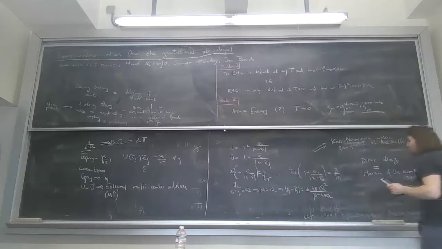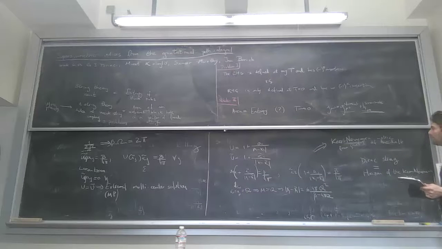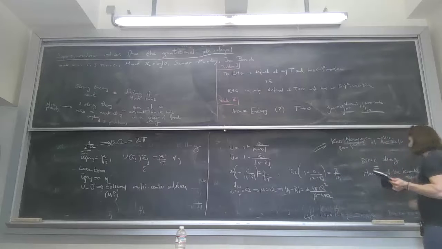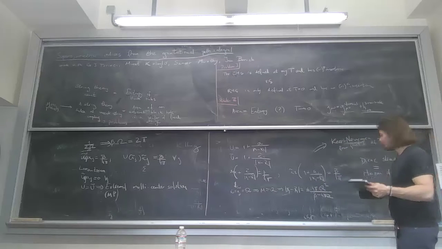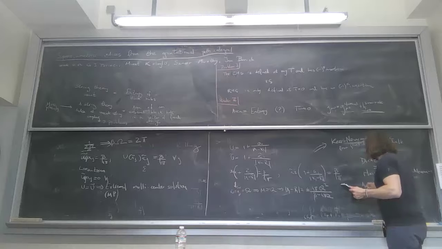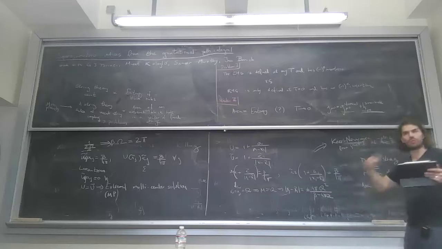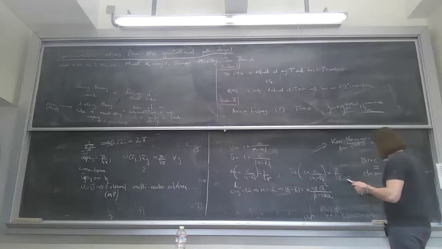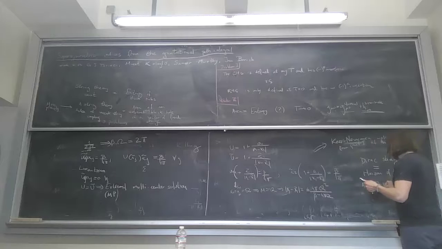Okay, so perhaps let me tell you one more surprising thing about this black hole. Since we know that this Dirac string is the horizon of this black hole, let's now compute the area of the black hole, which previously had the interpretation of entropy, right? So the area actually takes a very, very simple formula. It's just beta times x1 minus x1 tilde.